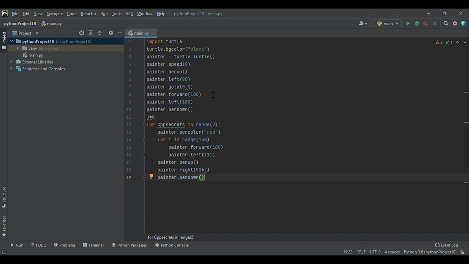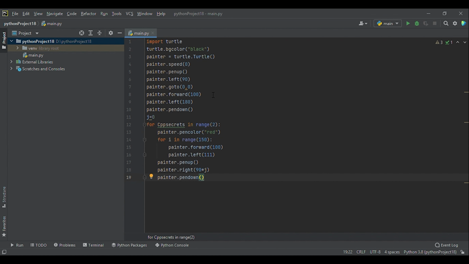Pointer left, it is 111. It means the pointer will come to the left-hand side, so the left side is drawing. Now penup. By giving this penup command, if the pen is in motion while lifting the pen, we can't write. So that's why we are using the penup command. If we put any number in this, it will lift the pen up to that point.